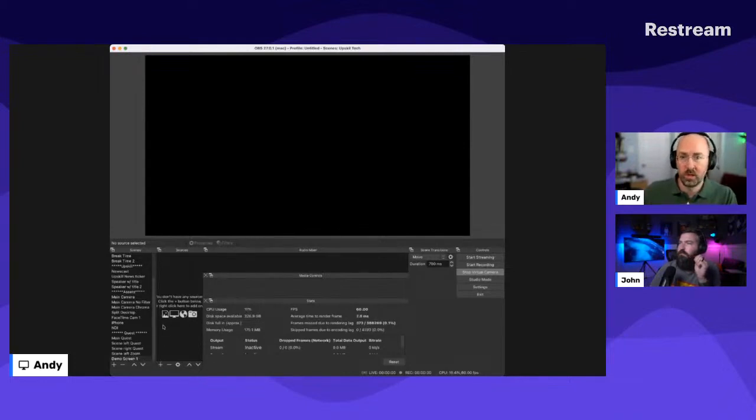And a source could be a webcam. This source could be a screen, like a window, your web browser, a PowerPoint presentation. A source could be a virtual webcam. A source could be a capture card feeding into it. A web browser, there's a web browser specific plugin. A source could be text. There's a whole bunch of different sources.